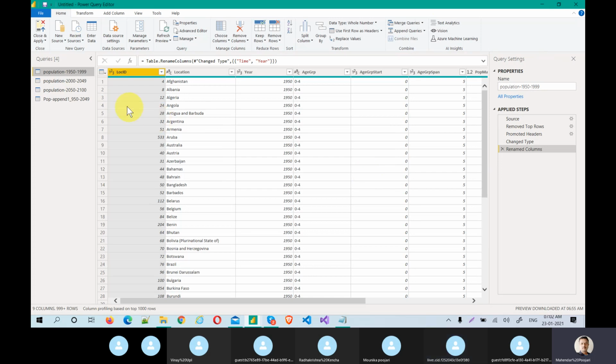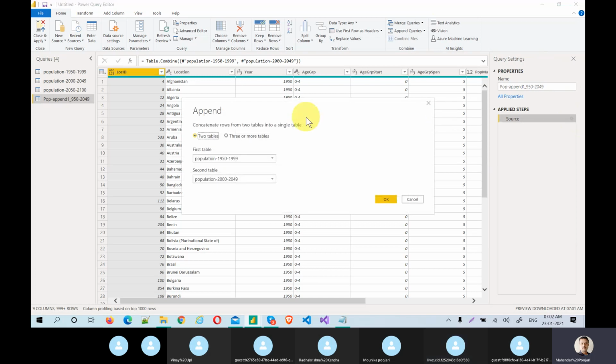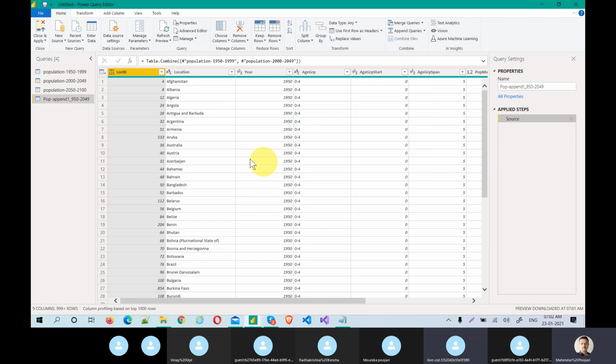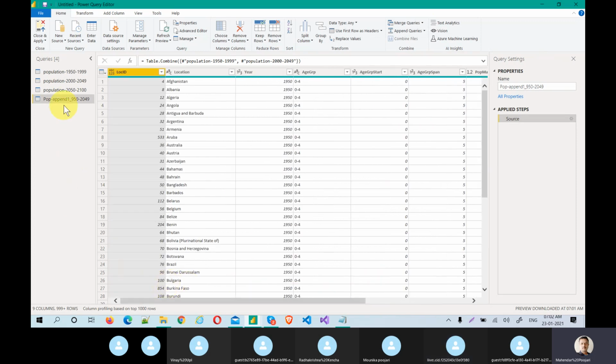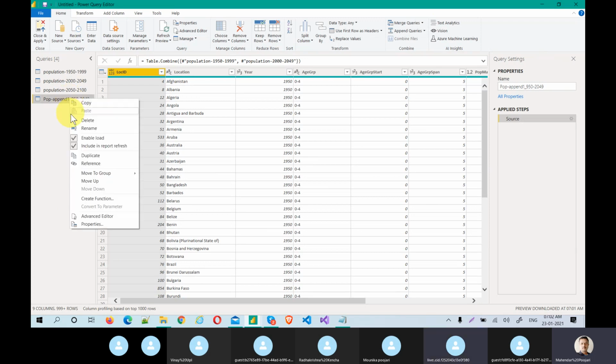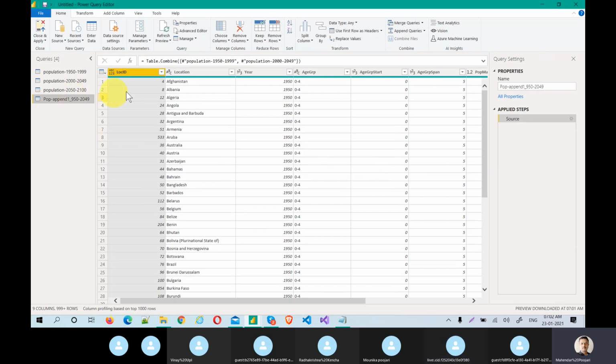If you come here to this query and see the source, you will come to know where exactly you are. So these are the two files. Now we don't have any issues so far. Now I can append another file also, and that could be the final file, but I can do all of them at one time. So for now I can delete it because I want to do all of them at one time. Let me add that first and then do it, that's up to you, and you can perform those operations.